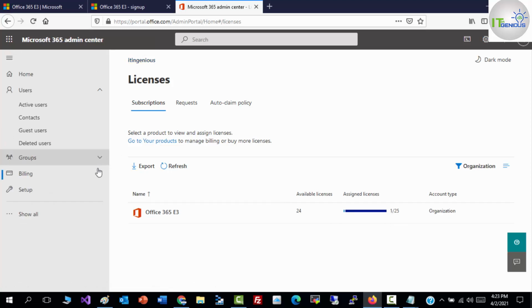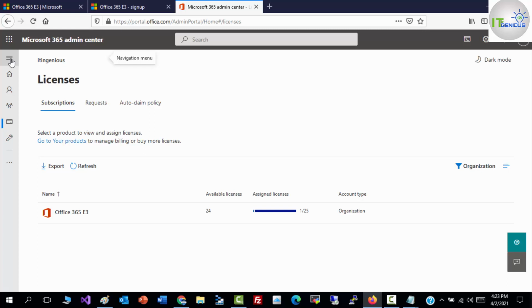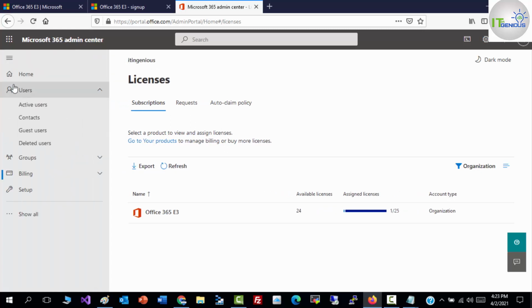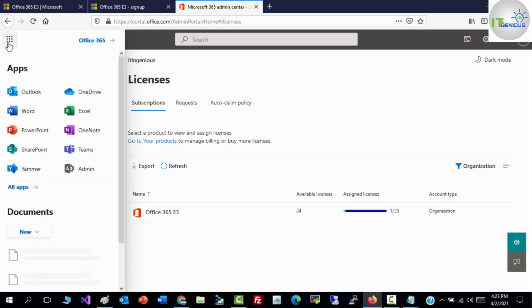Correct. Similarly, let me go to this app launcher, where you will get admin center. These are the apps which you will get along with your subscription, like Outlook, Word, PowerPoint, Yammer, OneDrive, Excel, OneNote, Teams, and many more.